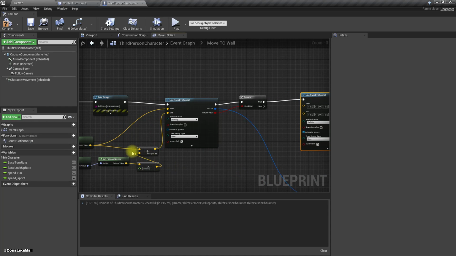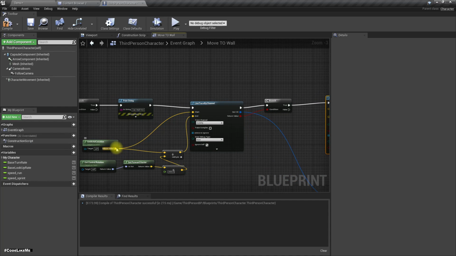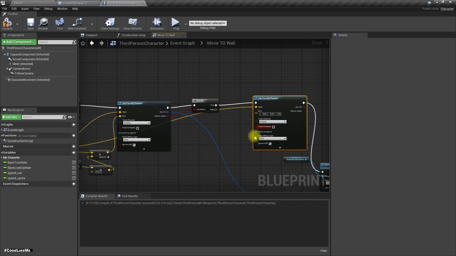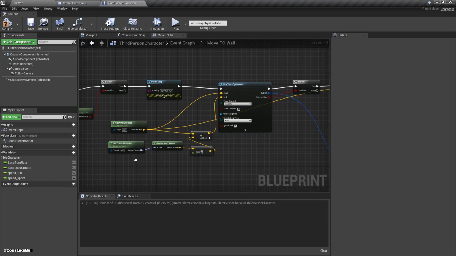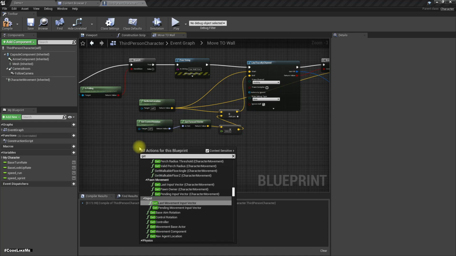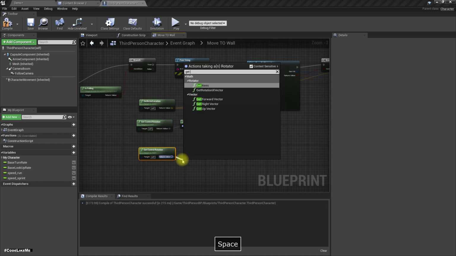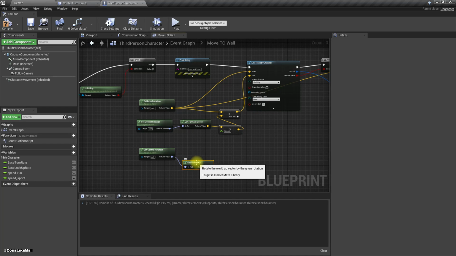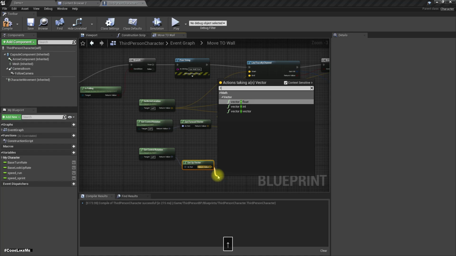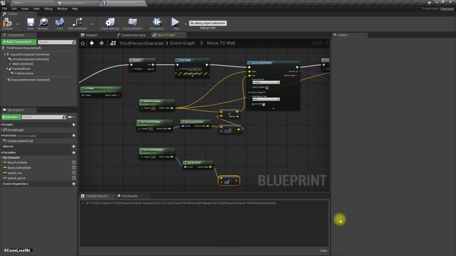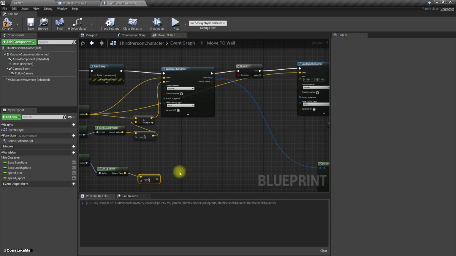Here also the starting point is the same, character location. No, let's try something else. We can get control rotation, get up vector, multiply this by 50. So this is to get a point higher above the controller, the camera, and that should be the starting point,